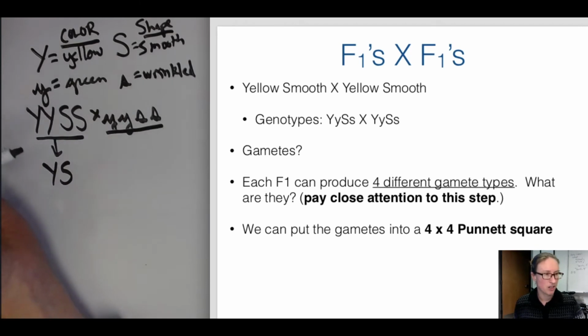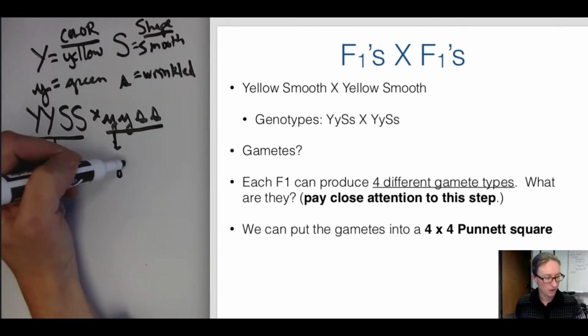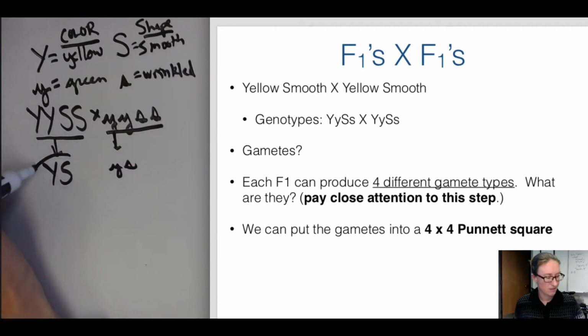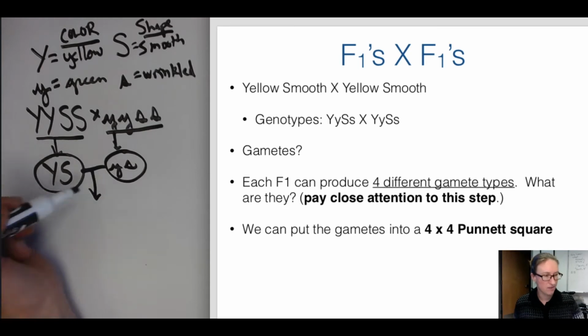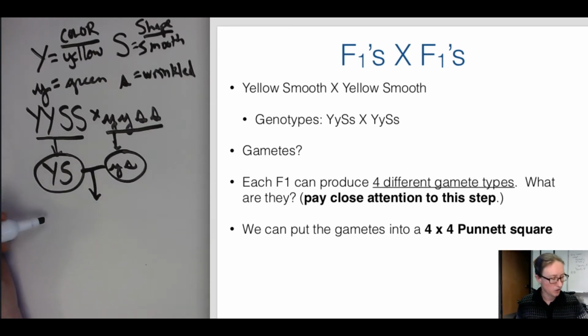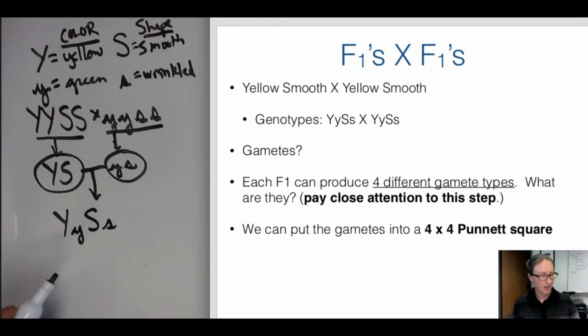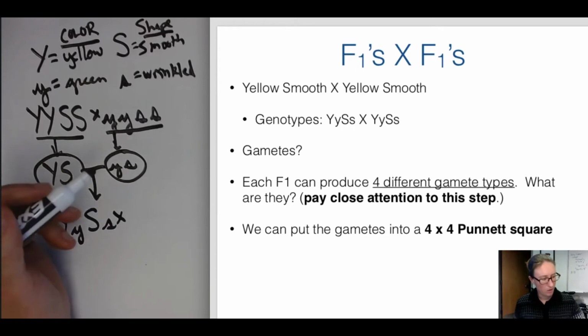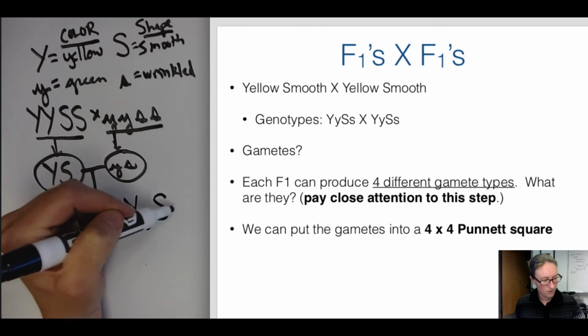Same situation here for parent number 2. How many types of gametes can this parent make? 1, right? So this parent can only make little y, little s gametes. So then when fertilization happens, all of the F1 offspring are going to be big Y, big S, little y, little s. And so now if we cross that with another individual who is big Y, big S, little y, little s,